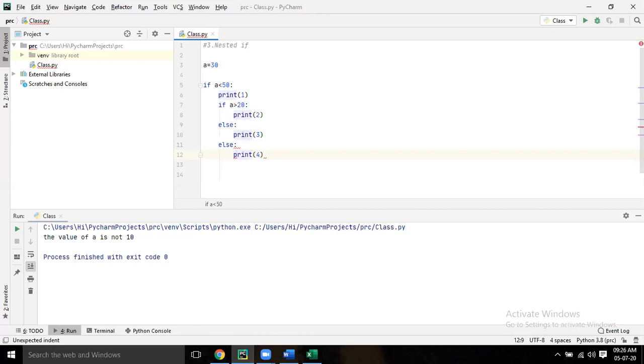So last else you just do one backspace. It should be same line. See, this if, this else, same line. Now this if, this else, same line. And then print bring back. In the print also, last print give one backspace.